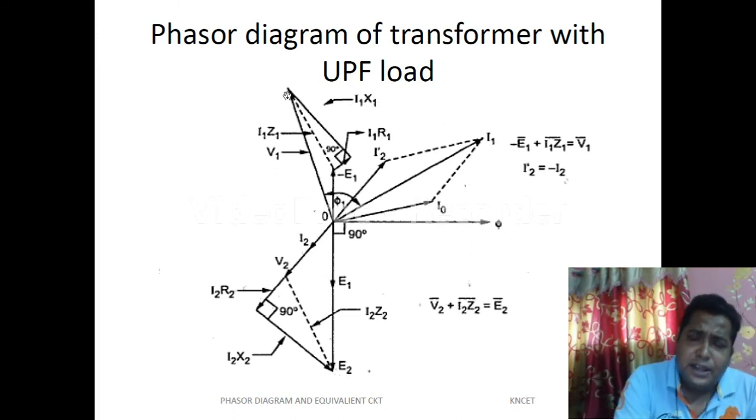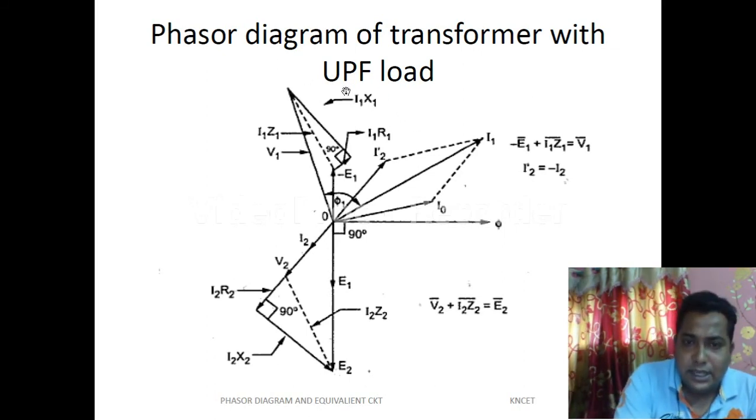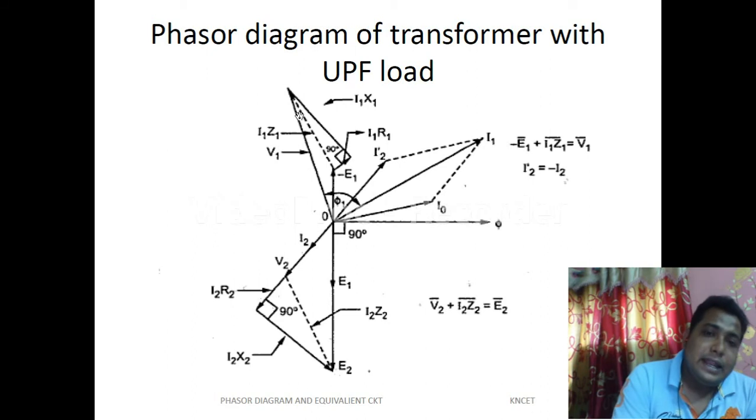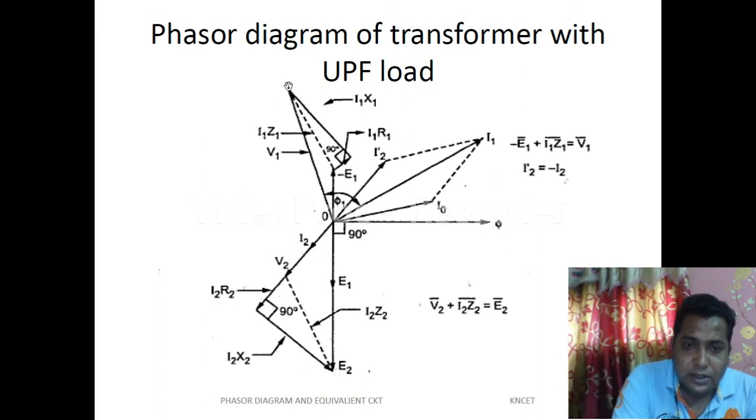So this I1 X1 axis is shifted 90-degree lead from this I1. So this is the inductive component. We know that inductive voltage always leads the current by an angle of 90-degree. So from this axis we have shifted by 90-degree. From there, if we draw a line joining the center, it will give us the primary side voltage,